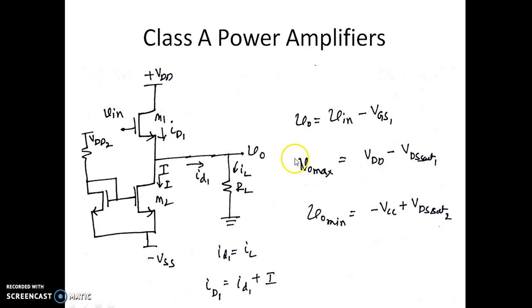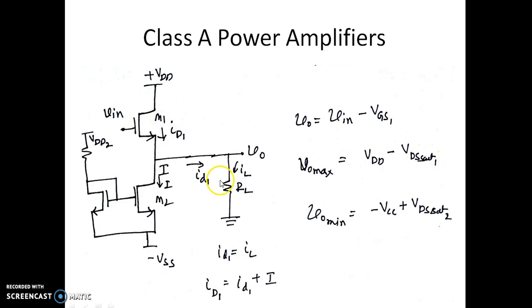So what is the maximum voltage we can get here? We have a plus VDD and a minus VSS. Usually the voltages of plus VDD and minus VSS are of the same magnitude. If it is 5, this will be minus 5. The circuit is designed in such a way that under a normal condition the output voltage at this source is 0 volts. Now, to keep M1 in saturation, we need to have a VDS sat. So what is the maximum voltage we can get at this V0? V0 max is equal to VDD minus the drop across this MOSFET when it is in saturation,